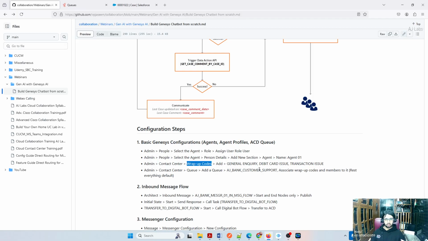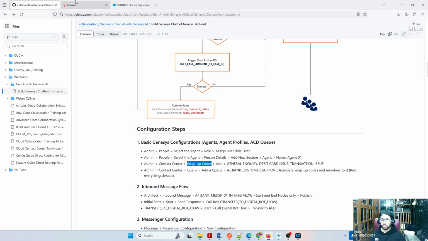See, the contact center solution as a whole, for the developer, for the support agent, as well as the manager, is always an improvising task. There will be a lot of improvements required. When you start the contact center today, it is at position A. When it goes to C, there will be a lot of improvements happening, and then you will be going further. So it's continuous innovation and improvisation. The reporting and these types of things will help us do that. So let's also do the wrap-up codes.